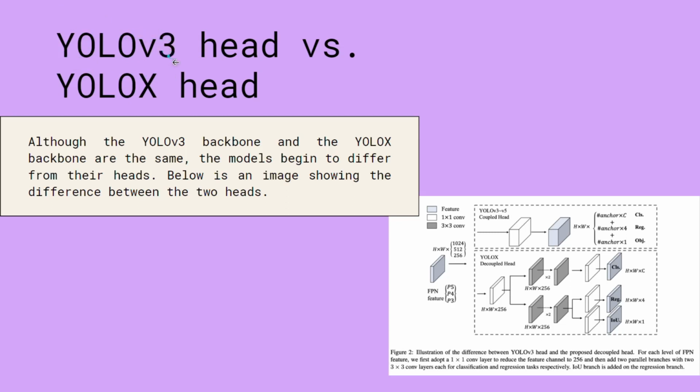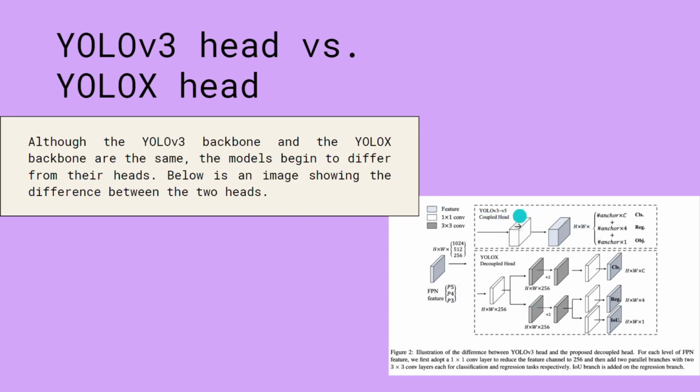And that's one point that we have to pay attention to, because the YOLO v4 model as a backbone uses the CSP Darknet 53 model, but YOLO v3 uses the Darknet 53. So they used the backbone of YOLO v3 as a reference point and started expanding from there in order to make the YOLOX model. Although the YOLO v3 backbone and the YOLOX backbone are the same, the models begin to differ in their heads. So this is an image that represents the difference between the YOLO v3 to YOLO v5